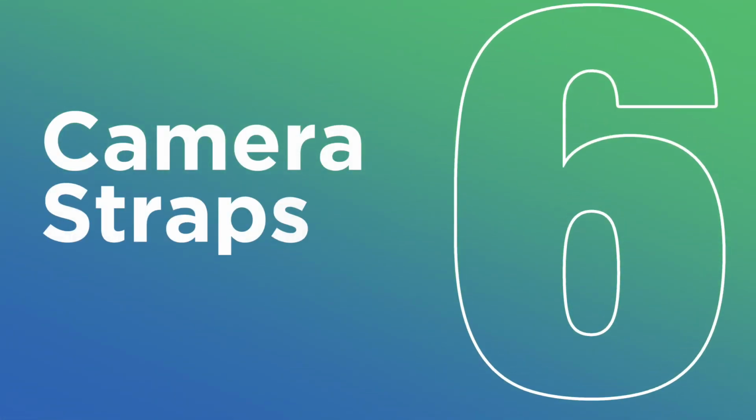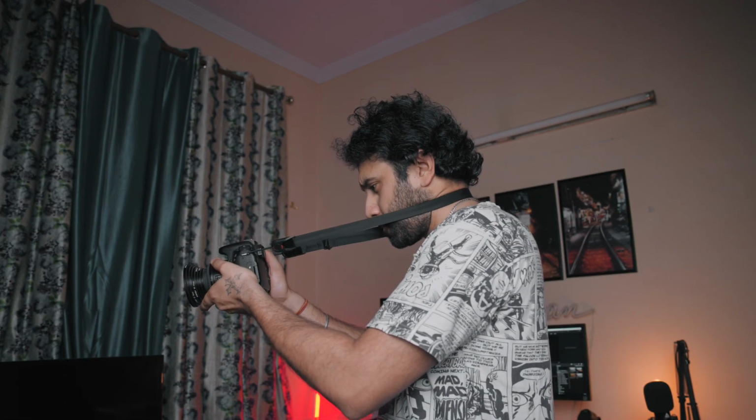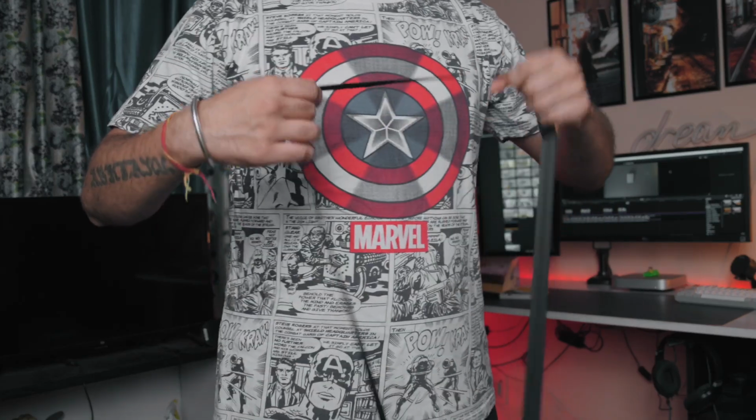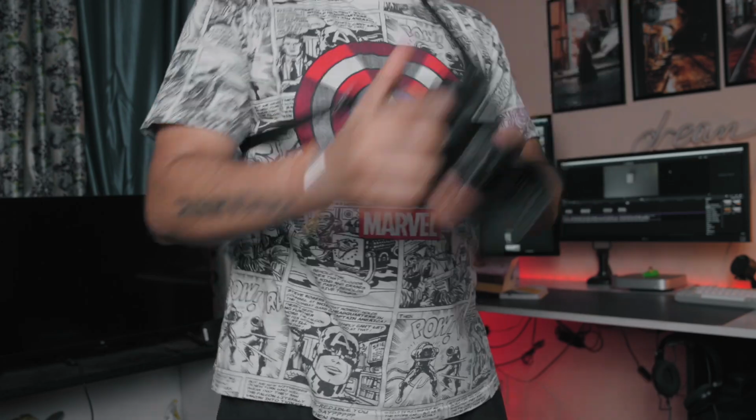So the sixth gift idea will be the camera straps. They are a phenomenal equipment to have in your camera bag. They provide additional support in case you want to shoot everything handheld. Using the camera strap, you can get additional anchor point onto your neck so that every footage is stable. So carrying the camera on the neck is much easier as compared to putting everything inside the bag and then